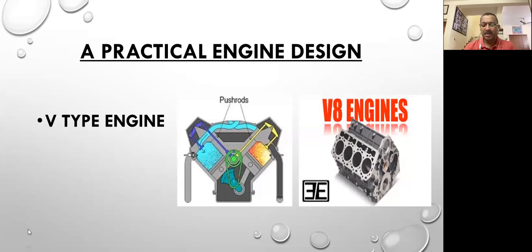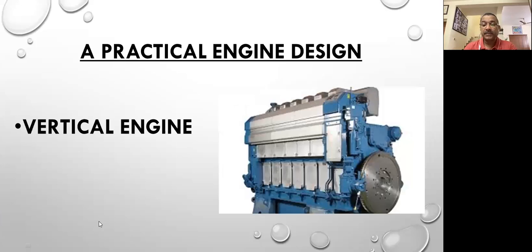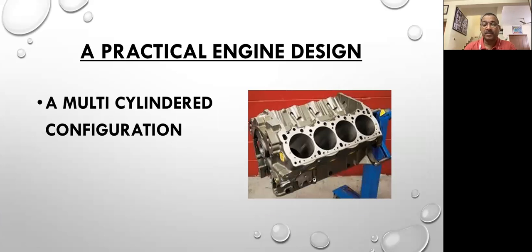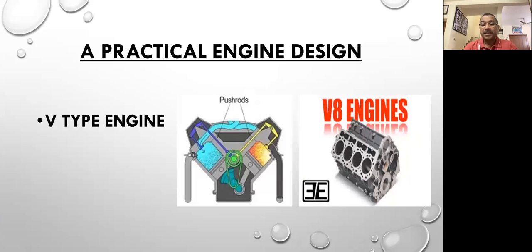Sadish, could you go back to the earlier slide? Look at this. This is a vertical engine, a four-cylinder engine. Sadish, next. This is an 8-cylinder engine, a V8 engine. Their size is more or less the same, but it will produce double the power of the other engine.